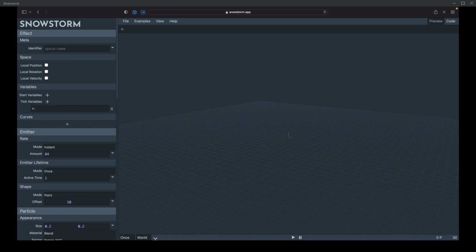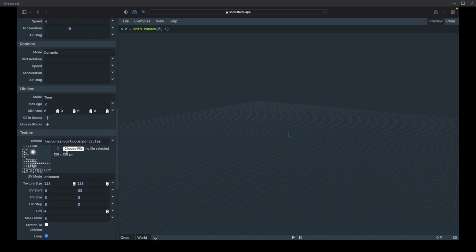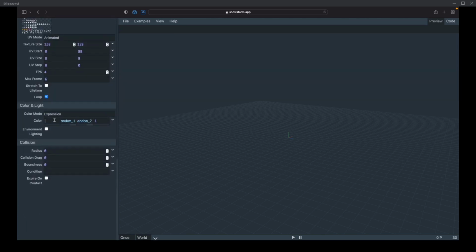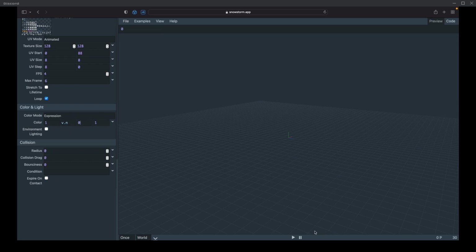So if I have v.n equals math.random(0, 1), okay, and do I have to put... maybe I do. I don't know. If I set this to 1, and I set this to v.n, I set this to 0. Let's see this spaz out. Yeah, there we go. Every single frame, it's going to get reevaluated all collectively together as red to yellow, pretty much. And that's generally not what you want for anything. You should definitely be relying on the 4 particle random variables for stuff like that, because otherwise it's just going to spaz out.